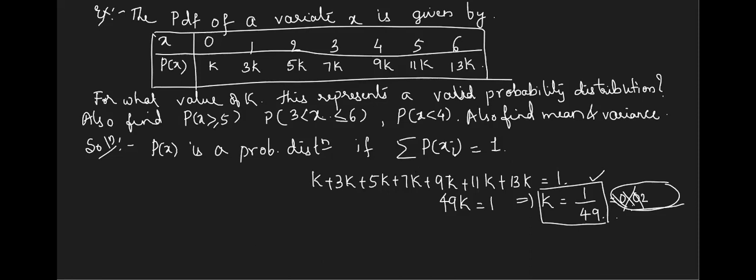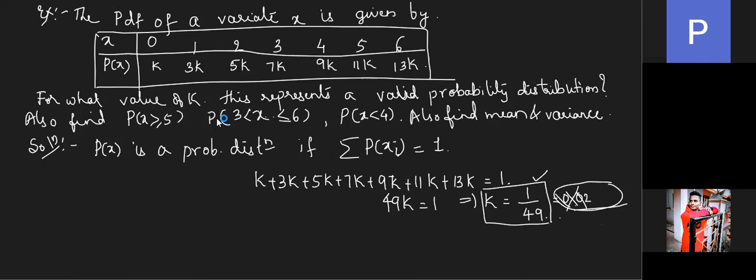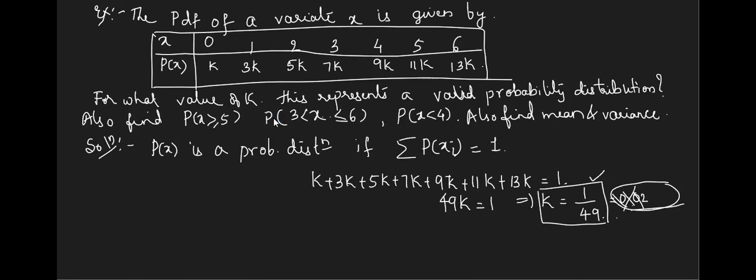Now here you can see the p of x given value is not that complicated compared to the first example where we had k square plus k something like that. Now even if you want, you can just prepare a table where k value is substituted. Else I suggest to keep it like this. Lastly, you can substitute the value of k. Why we faced the problem in the first example is there we had k square and k everything to be substituted at once. So here, no need. You can just keep the same table and then start finding the probability values.